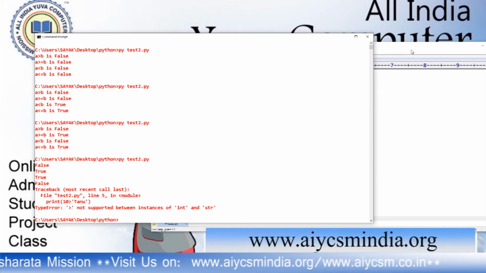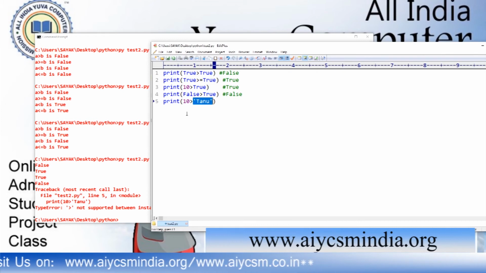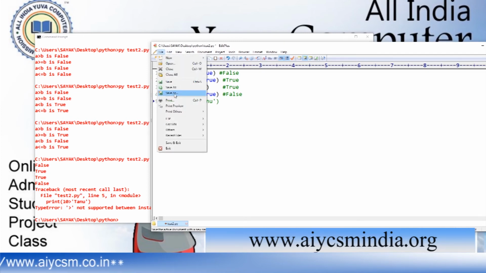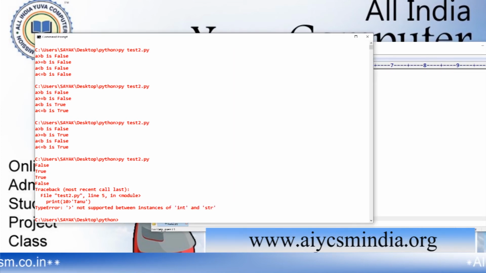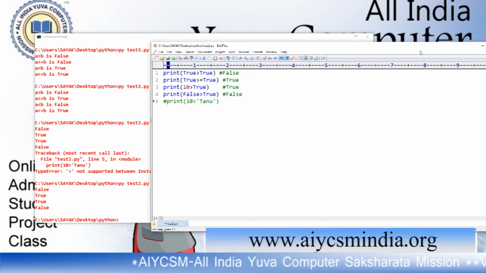This is an integer value and this is a string value, and we cannot compare them. If I comment this line, then save and run, there is no problem. Okay, fine. You will understand the differences of the different relational operators.